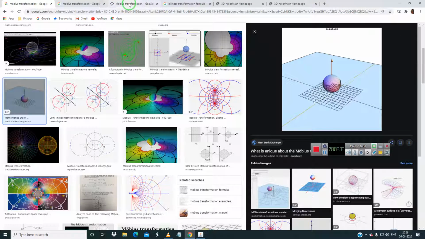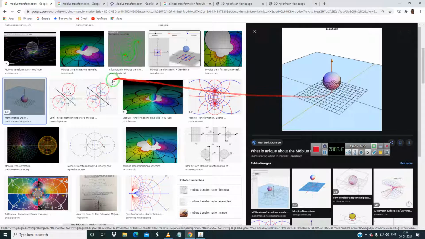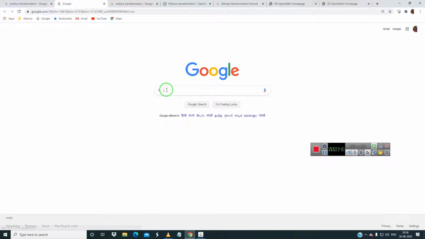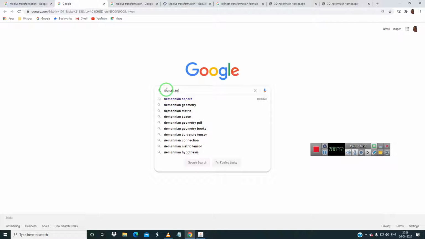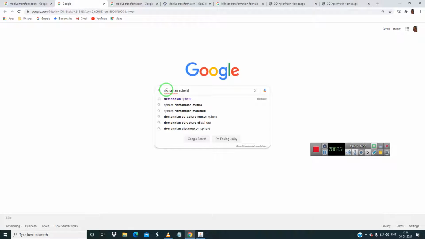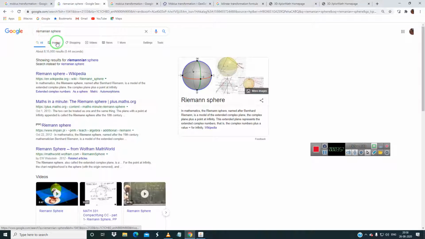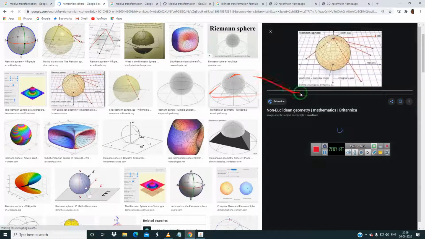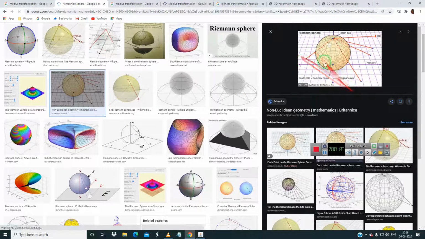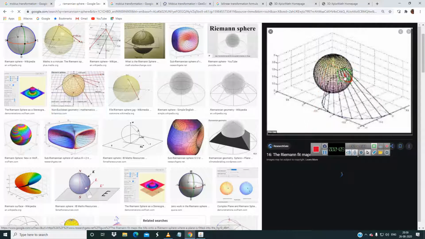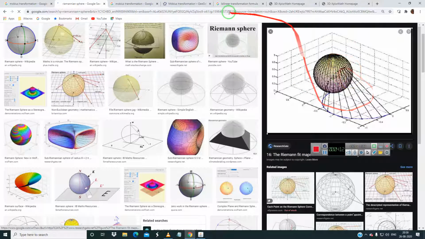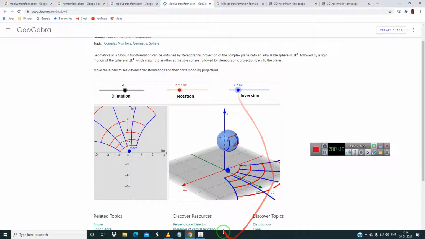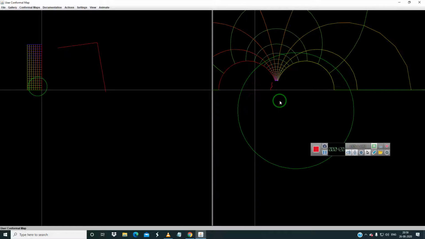When you move it, this is what is happening. Scaling and everything is happening. So what is this Riemannian sphere? R-I-E-M-A-N-N-I-A-N, Riemannian sphere. The spelling may be wrong, but we'll get into it correctly. When you plot this, every point from infinity is plotted. From infinity, this is the North Pole. Every point is being plotted on this sphere, and you can check everything, rotation and inversion. So this is Mobius transformation in a very visual context.